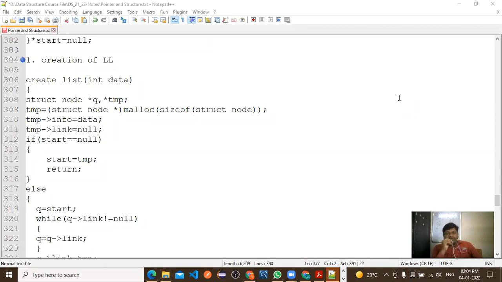Today we have discussed the 3 operations. How to create the linked list, in that how to insert the element at the beginning of the linked list, how to insert the element at the end of the linked list, and how to insert the element at any specific position, right? So these 3 operations today we have discussed. Now the next operation is deletion operation. Now how to delete the element at any specific position, or how to delete the element at starting, or deletion of the element which is present at the end of the linked list, right?